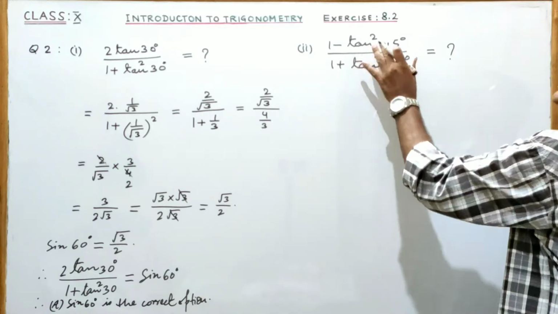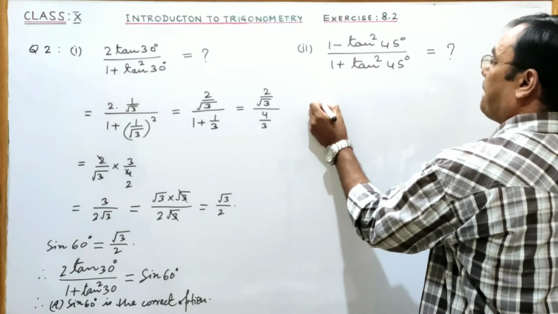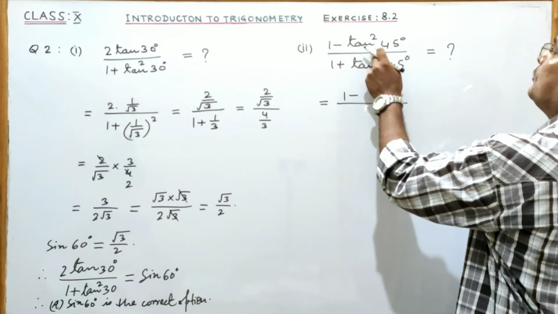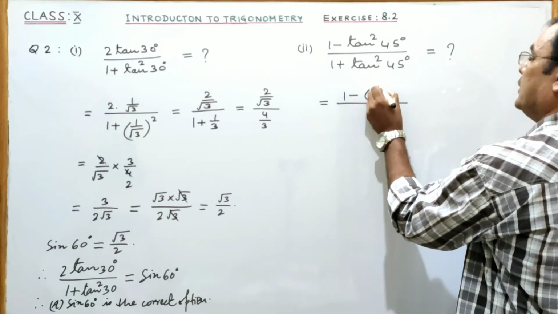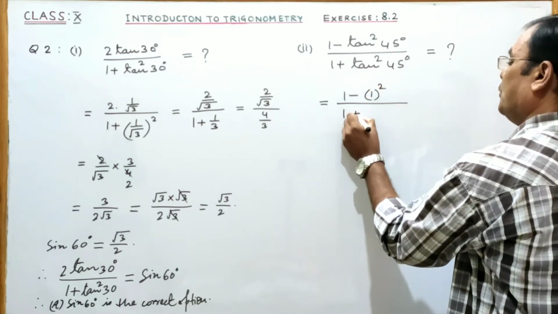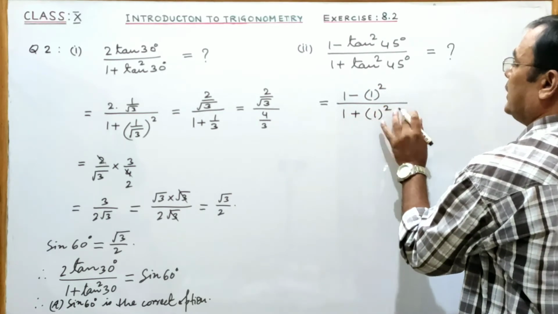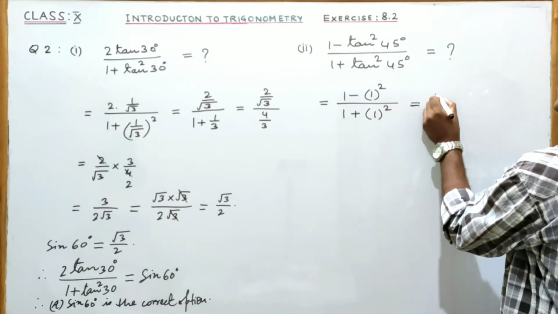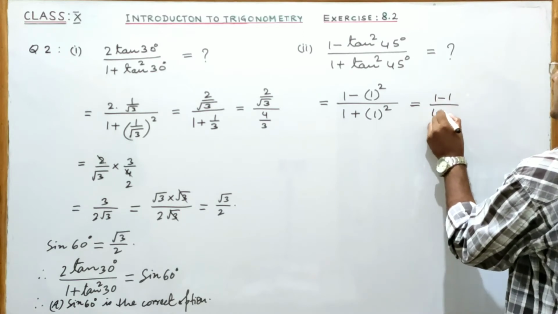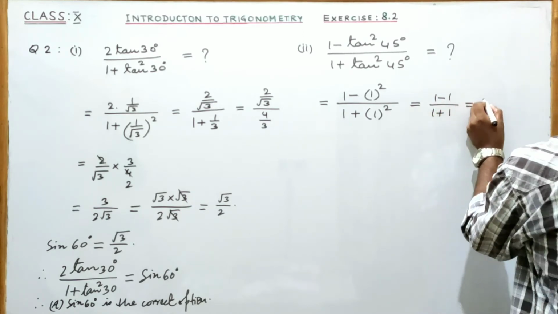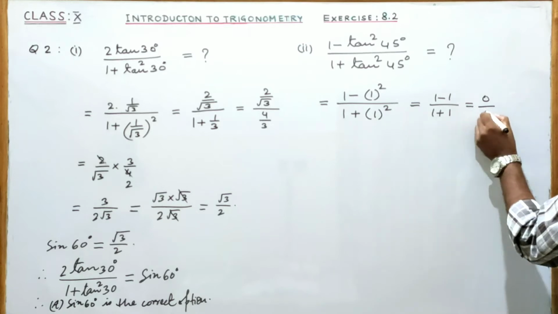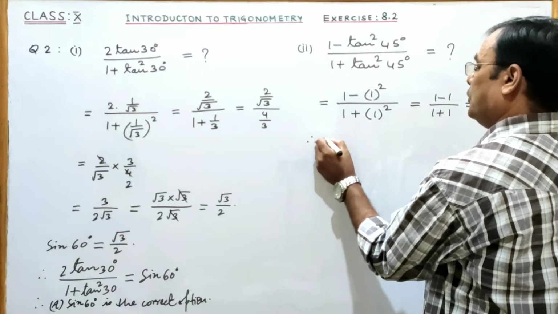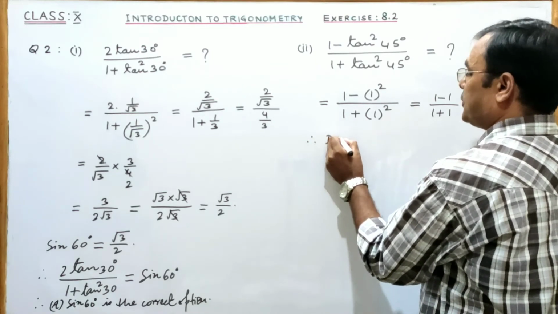So let us evaluate this expression also. 1 minus, tan 45 degrees value 1, so 1 square by 1 plus 1 square. This is equal to 1 minus 1 by 1 plus 1. 1 minus 1 is 0 by 1 plus 1 is 2, 0 by 2 is equal to 0. So therefore the fourth option D